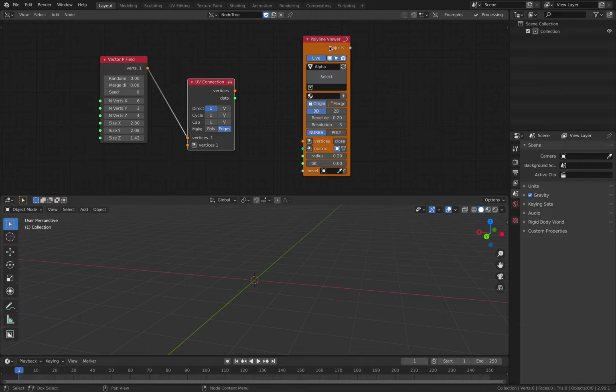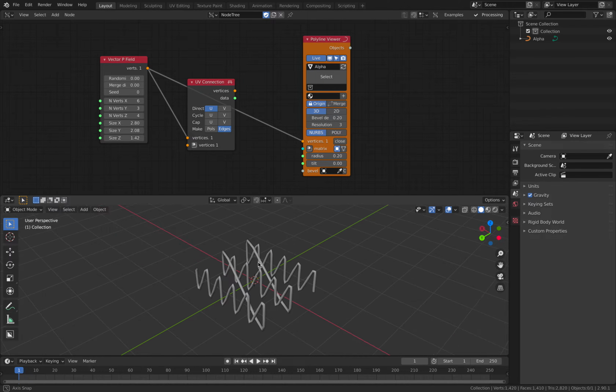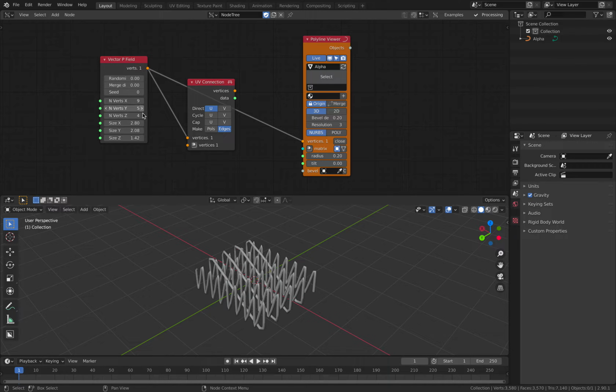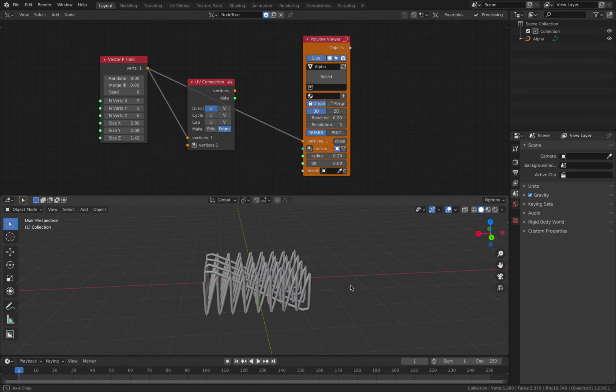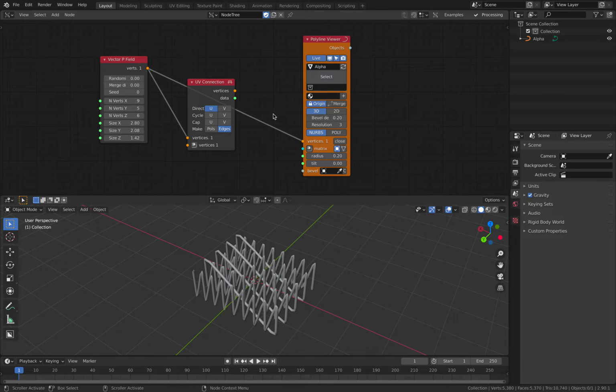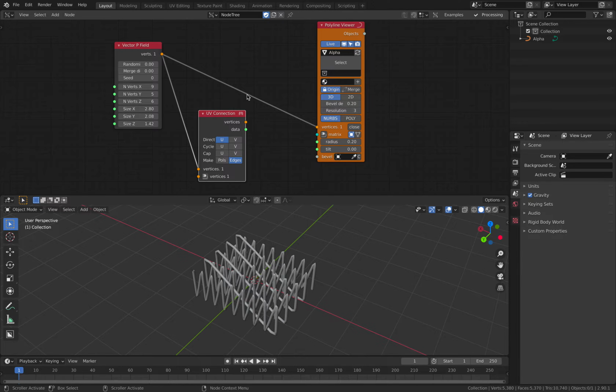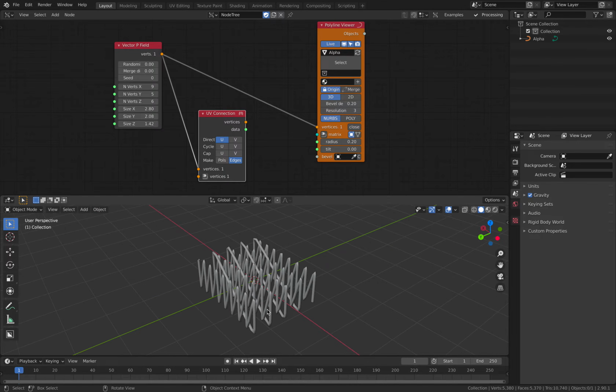So give these nodes any kind of points without sorting it, and you get this kind of pattern, almost like a noodle. I said almost like a noodle because with noodles you have like a loop for each one of them,